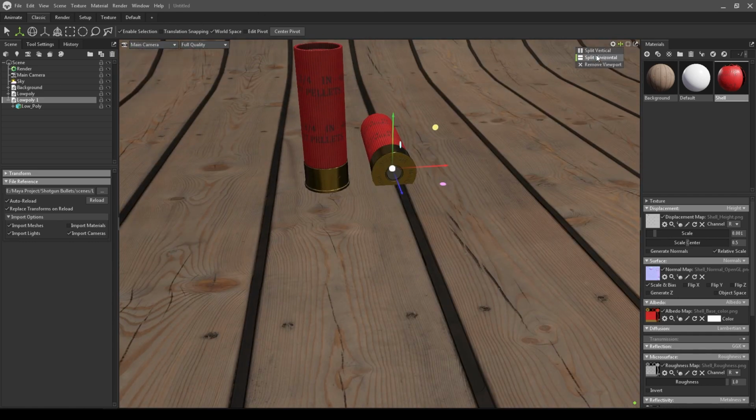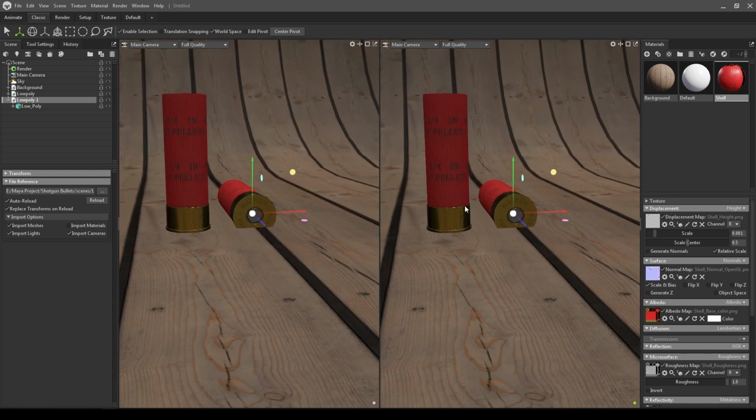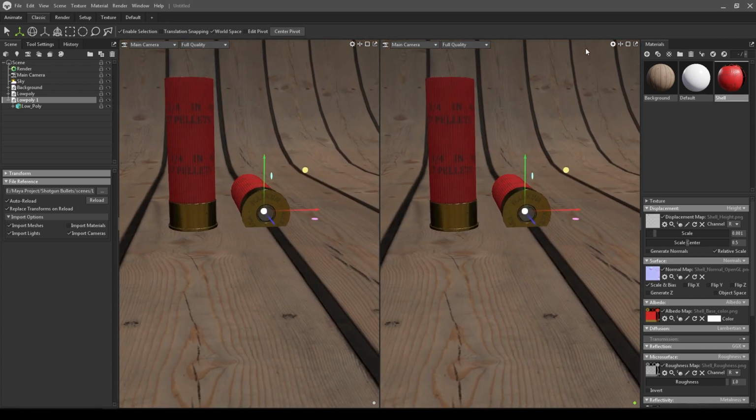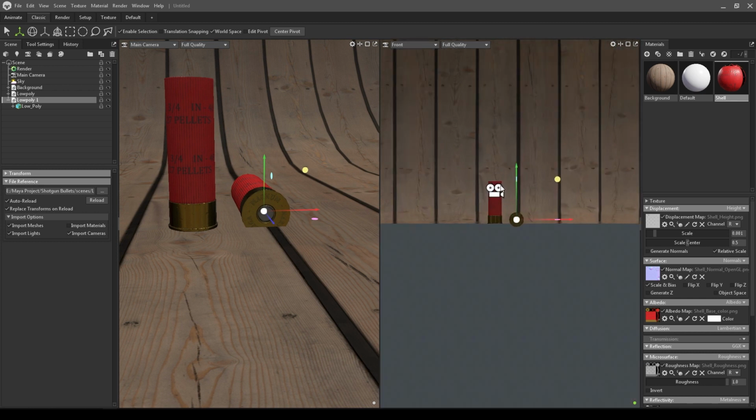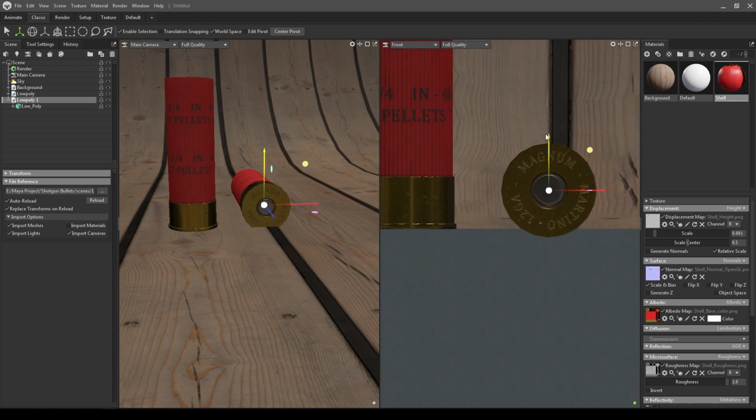Here you can split your viewport. So split in the vertical and change the camera to front. Select this, pull this up. Like this.